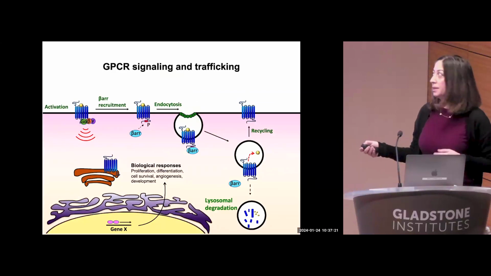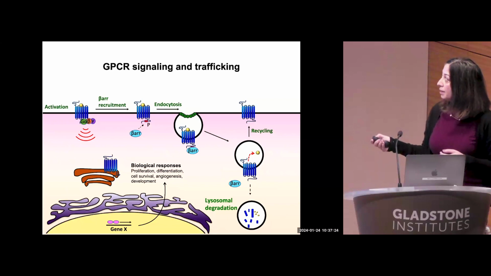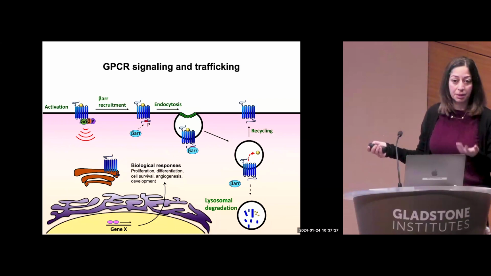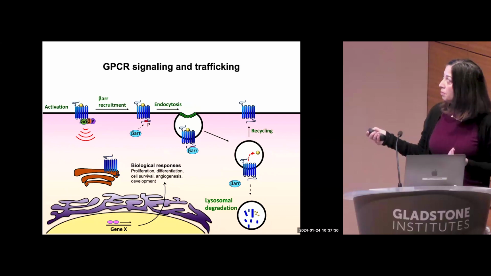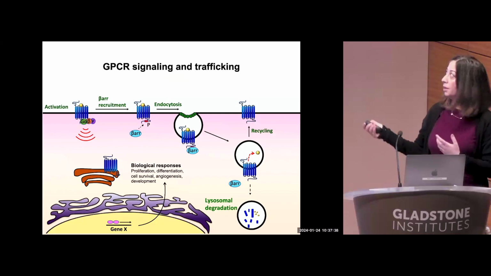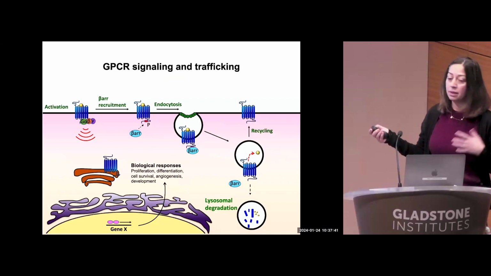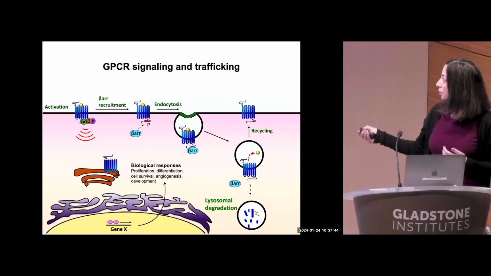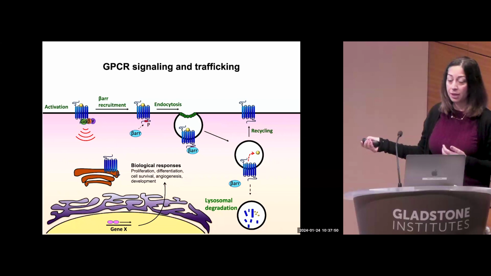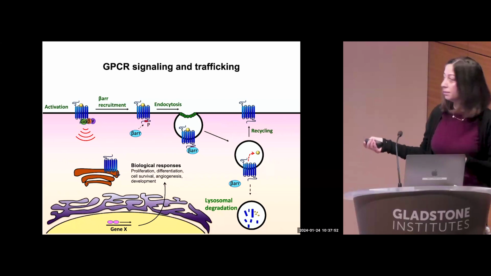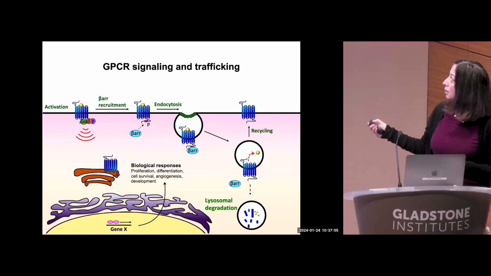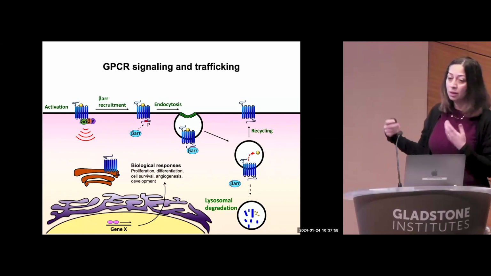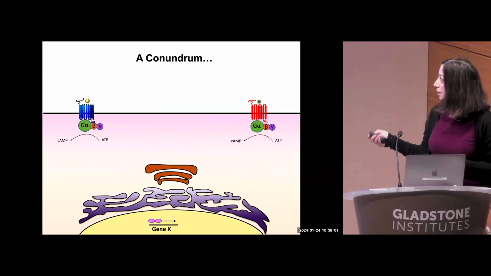Inside of the postsynaptic cells, in some cases, once the receptors are activated, other kinases become activated that drag the receptor and remove it from the surface of the cell by a mechanism known as endocytosis. Once it's internalized, it's been thought that because they're not accessing the extracellular stimuli, in this case the hormone adrenaline, they're no longer active. And they have 2 fates. They can either be targeted to the lysosome for degradation, an organelle inside of the cell that degrades proteins, or they can go back to the cell surface through a recycling mechanism to activate another round of signaling.